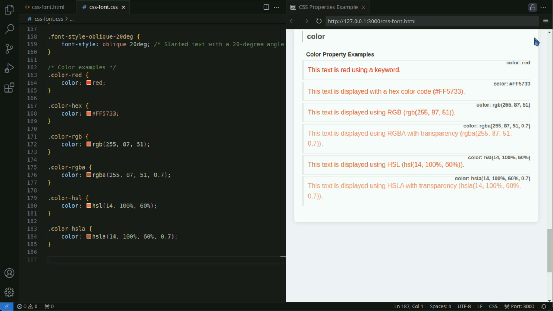The color-HSL class specifies colors using the HSL format. Colors can be specified with hue, saturation, and lightness. Hue is specified from 0 to 360 degrees and saturation and lightness are specified from 0% to 100%. The color-HSLA class uses HSLA format to add transparency.